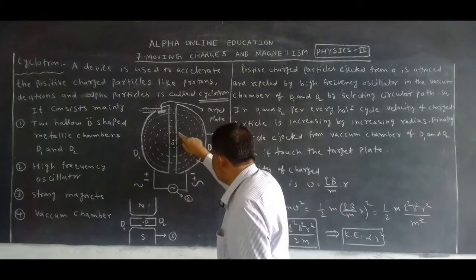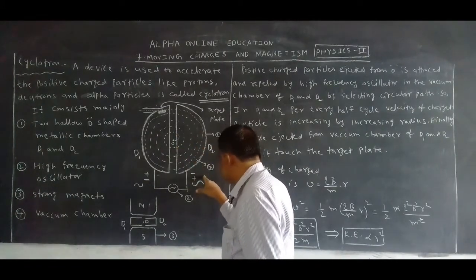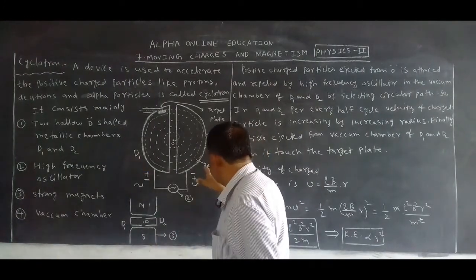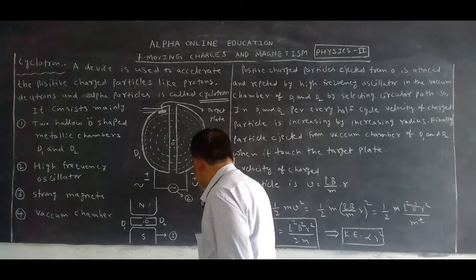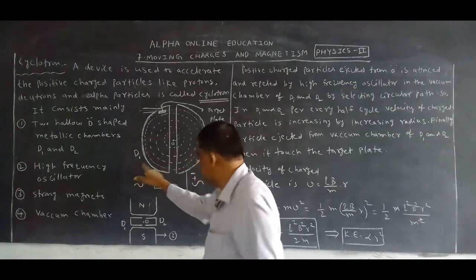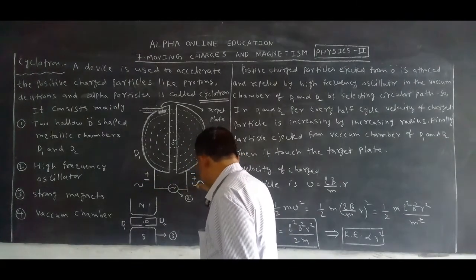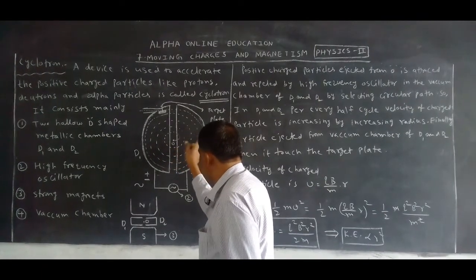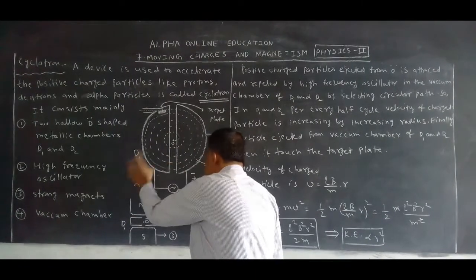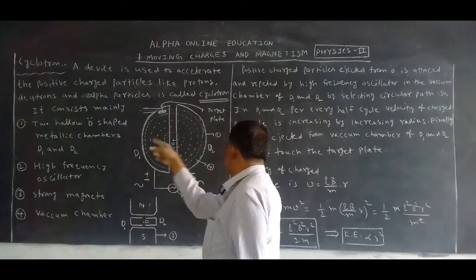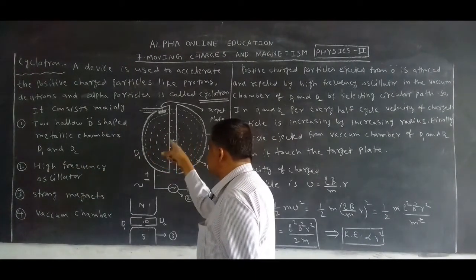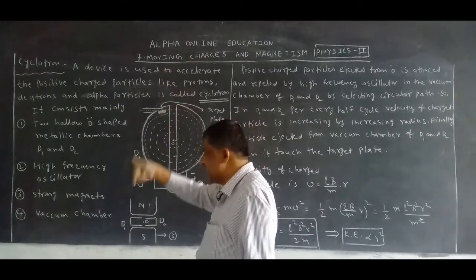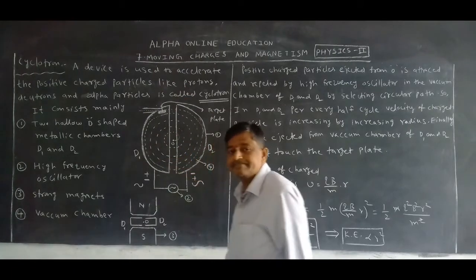When it completes the half cycle, it gets a negative half, and then a positive half. After that, when it gets a positive half, it gets a negative charge. In the second step, it is positive, so this charged particle is repelled, and the negative half attracts it. So it moves within this side with increasing velocity, in this direction. Again the magnetic field is there, and it selects the circular path.